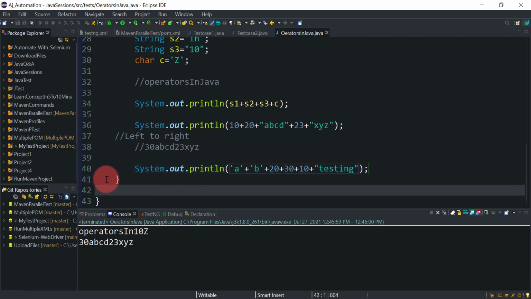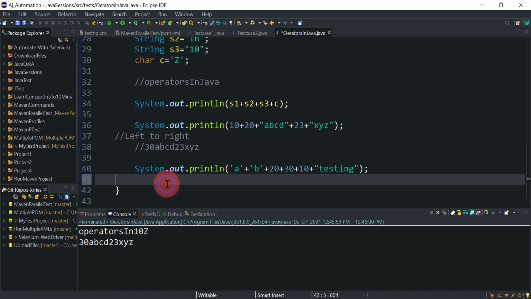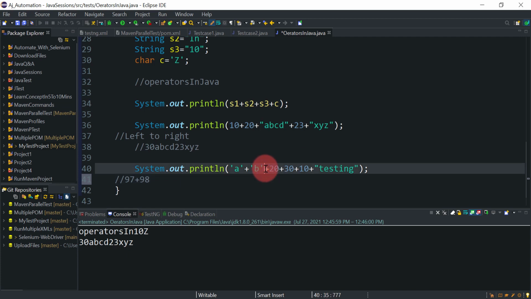As I said, this expression will be solved starting from the left side towards the right side. First on the left side we have a plus b, two characters. In a previous example we have seen that when we have two characters, the ASCII value will be used. What is the ASCII value of small a? It is 97, plus the ASCII value of b, which is 98, right? And let me add capital A also.